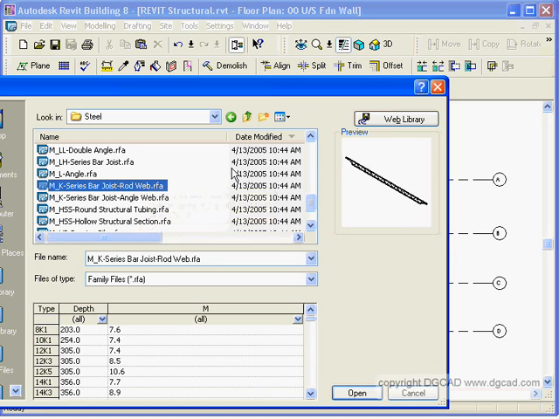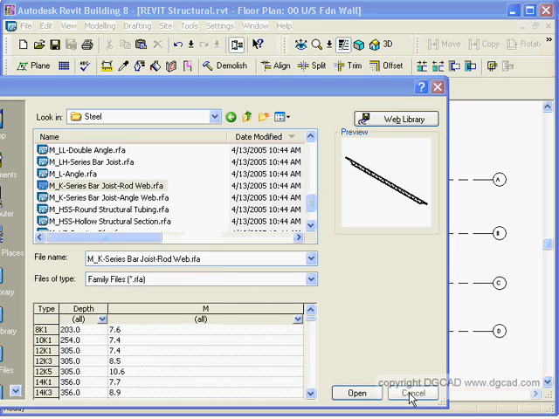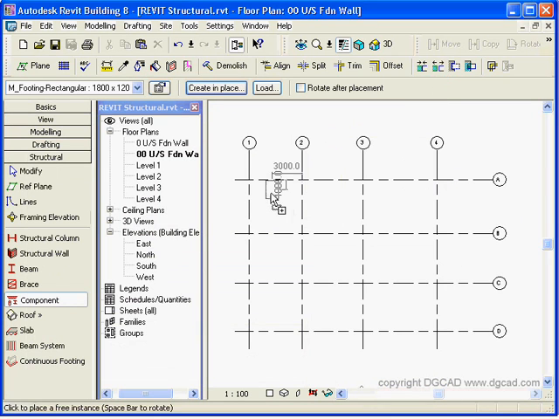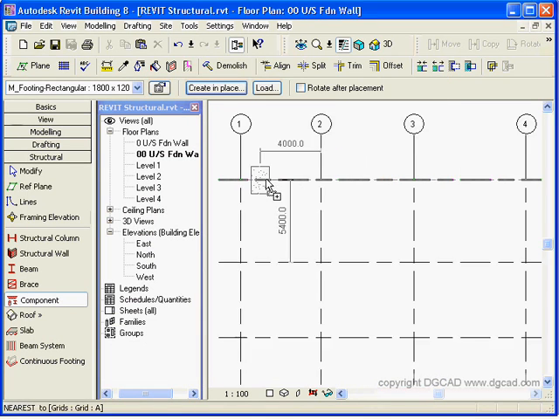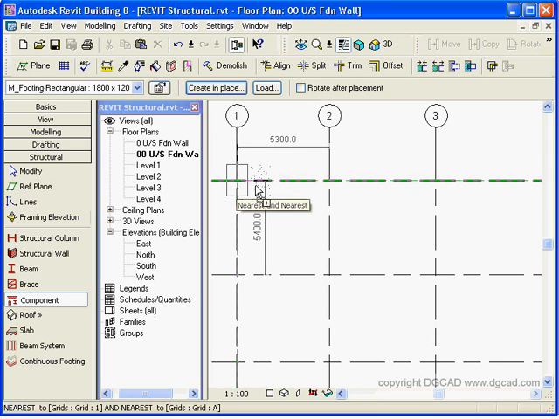So if you don't have the components that I'm using, that's where you find them inside of the library. When you hit your load button, structural, and then basically browse your way through there to grab those components. So from there I will go in and I'll grab this footing, and I'm just going to click on here